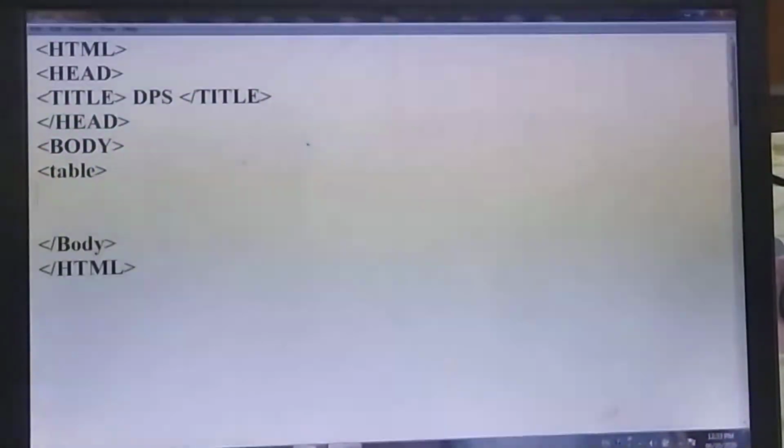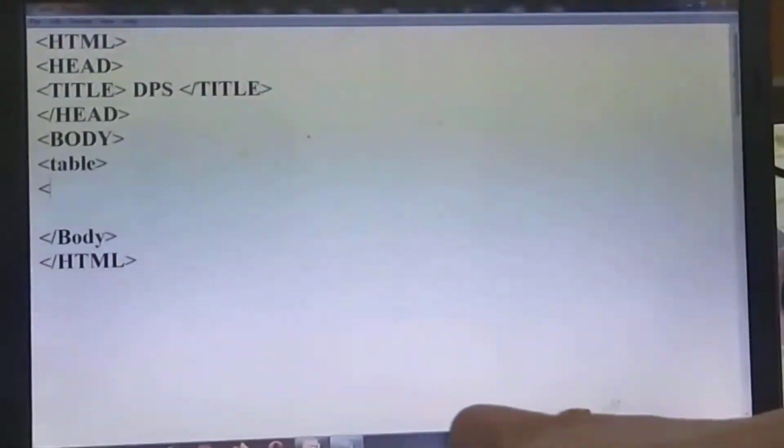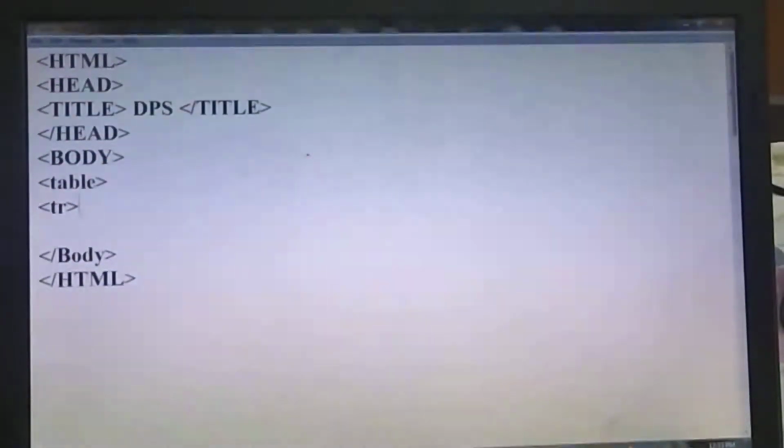So for creating table row you just have to write TR, that is TR tag, means table row tag, and which first row we have to create. So under row, first of all we have to give the headings, means we have to give the field names.